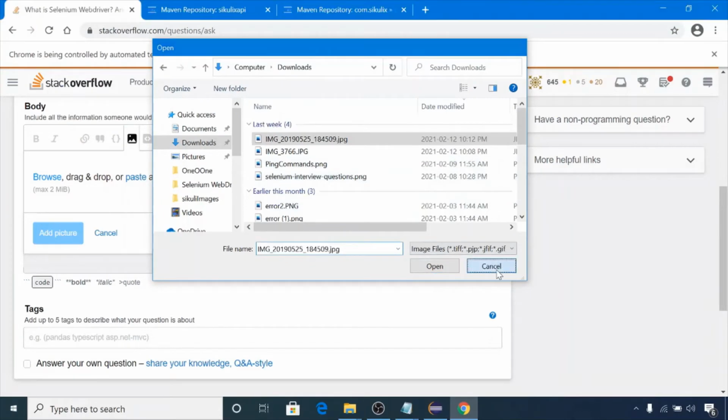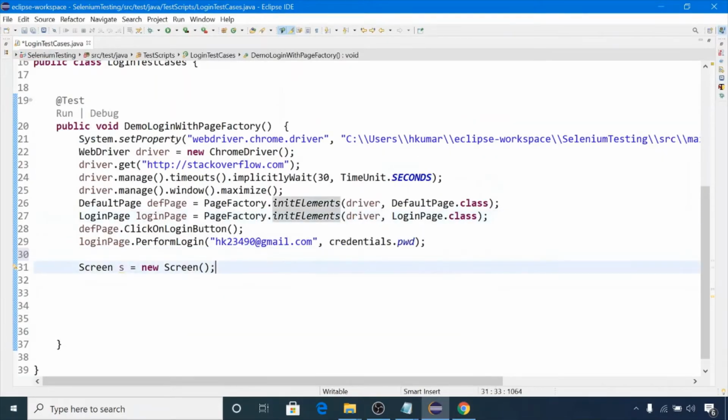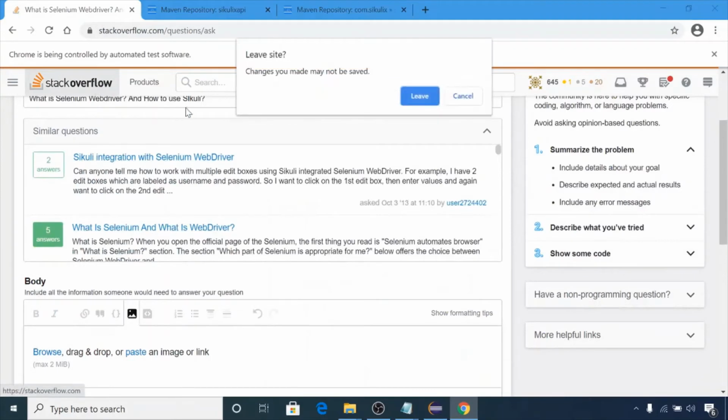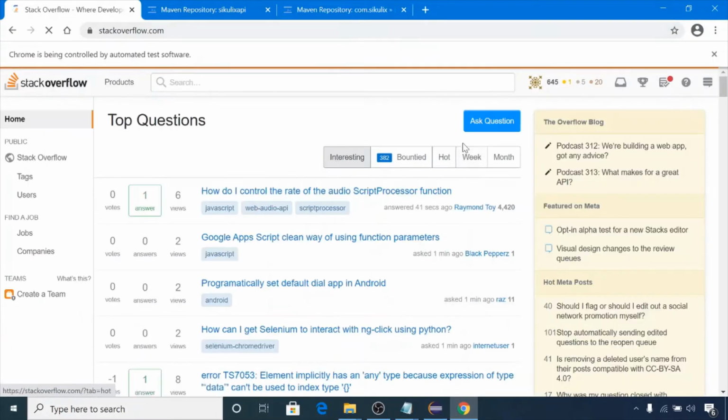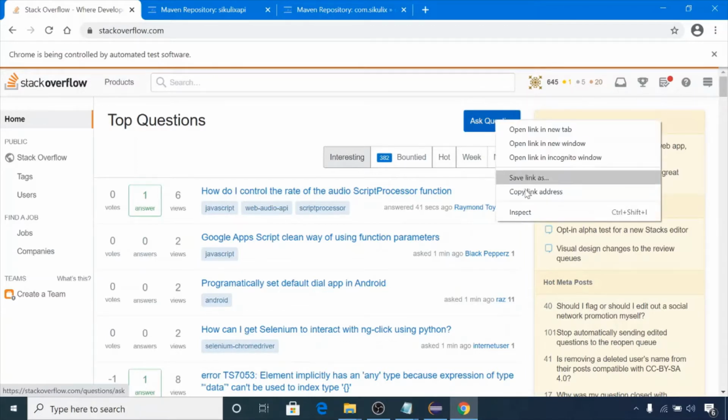Till now in this script we performed login. Now we have to perform a click on Ask Question. Let me find the locator for this element.